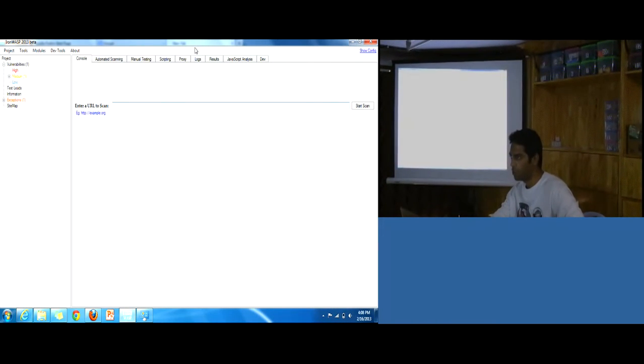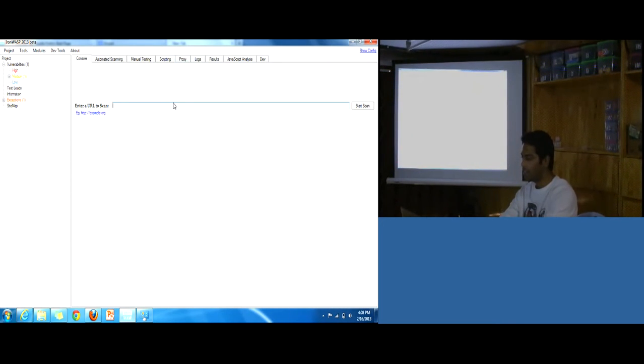It's called IronWasp. You can download it from ironwasp.org. It's a free open source tool written in .NET. So it's based on Windows, but you don't have to worry because it runs on Linux as well. There is a script available which downloads the required environment, and it runs on Wine just as well as it runs on Windows. So it runs on Windows, Linux as well as Mac. Platform is really not a problem here.